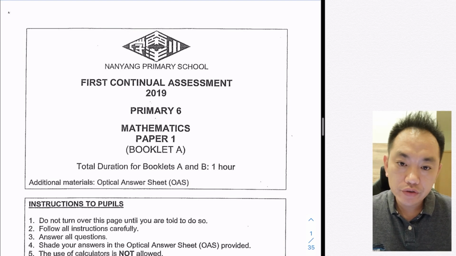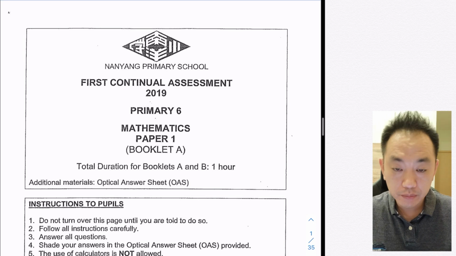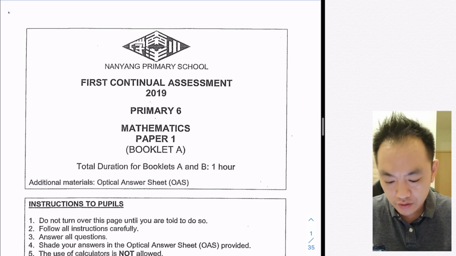So today I'll be going through one of the assessment papers from Nanyang Primary School. It's a Primary 6